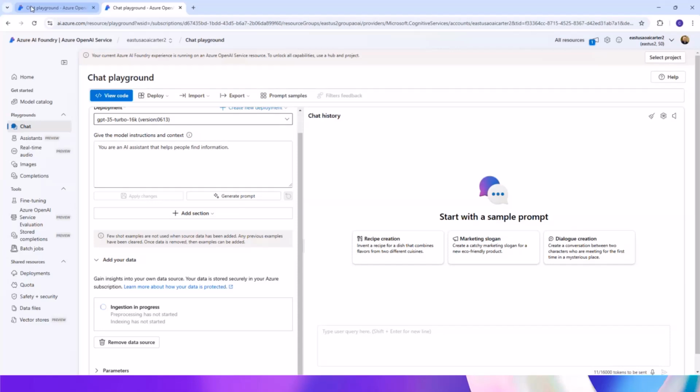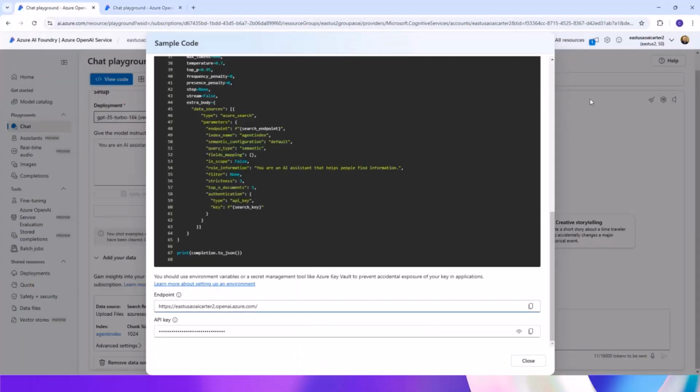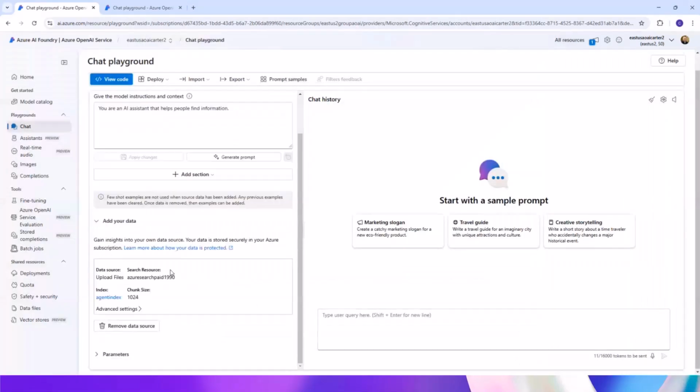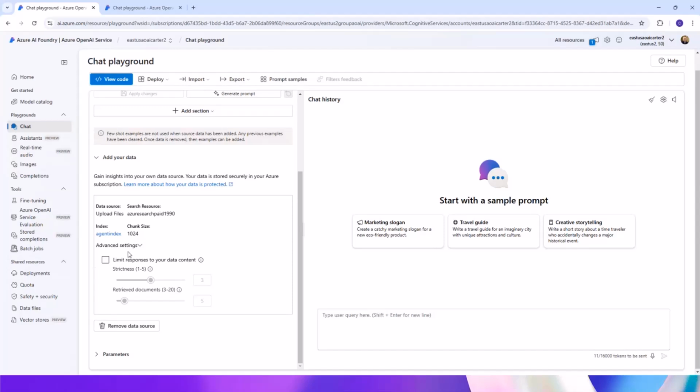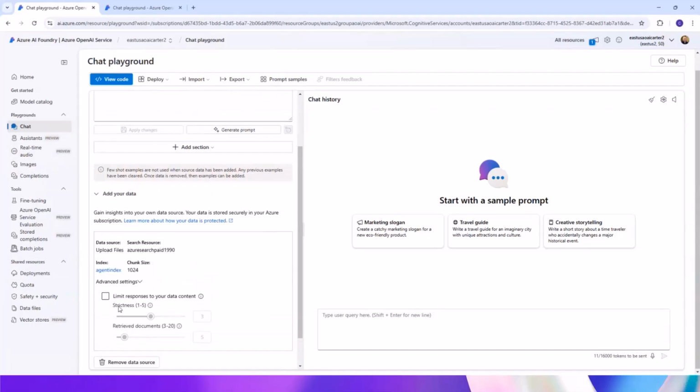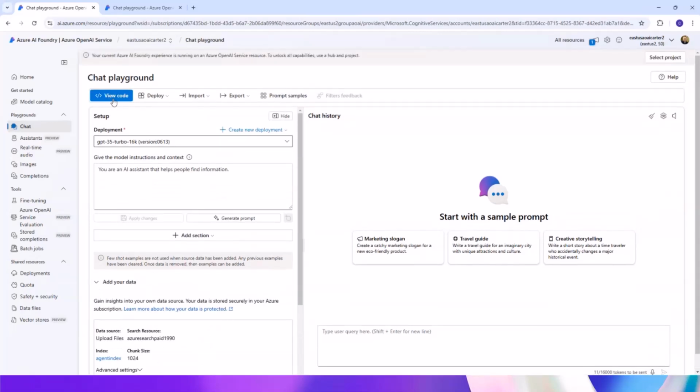And then when that's done ingesting, which can take a minute or two, so I've already got it loaded up here, you end up getting something like this, where you have your uploaded files, the index name, as well as a search, and then you can have some advanced settings for the strictness, as well as how many documents you want to retrieve per response. But for our build,